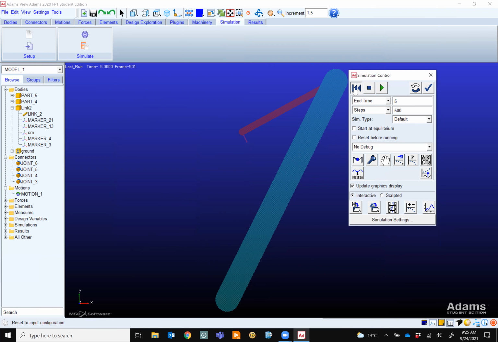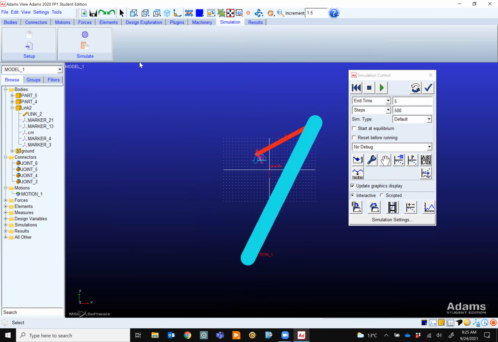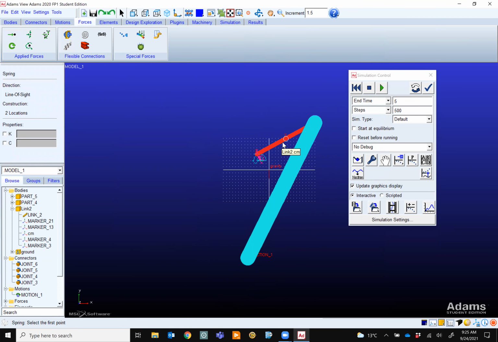Okay, so we run the simulation. You can even add forces to this mechanism. Let's say if I go to force, I can apply a load. Let's say there is some force somewhere, or maybe there is a spring. Let's say there is a spring somewhere, and this is the spring.